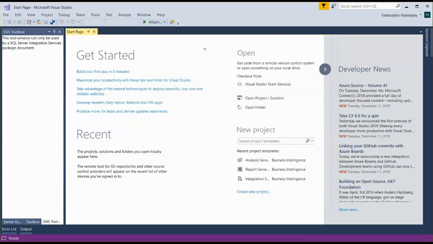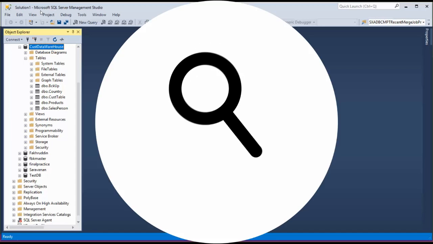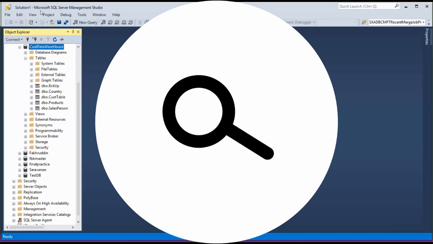Along with this tool, we also would require SQL Server Management Studio. Now, SQL Server Management Studio is again available on the Microsoft website, and this tool was also required in the SSIS training series that we have done in the past. So I'm again assuming that this is installed on your machine. Now, the basic requirement for you to proceed with SSAS is that you should have some basic knowledge about SQL. You have some idea about ETL, data warehousing concepts, OLTP, OLAP, and all these things we have done in the previous videos. So I'm going to begin right away.